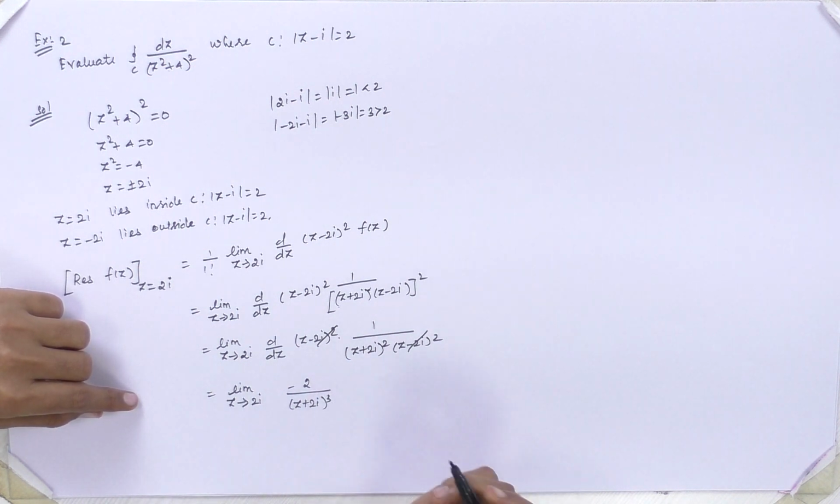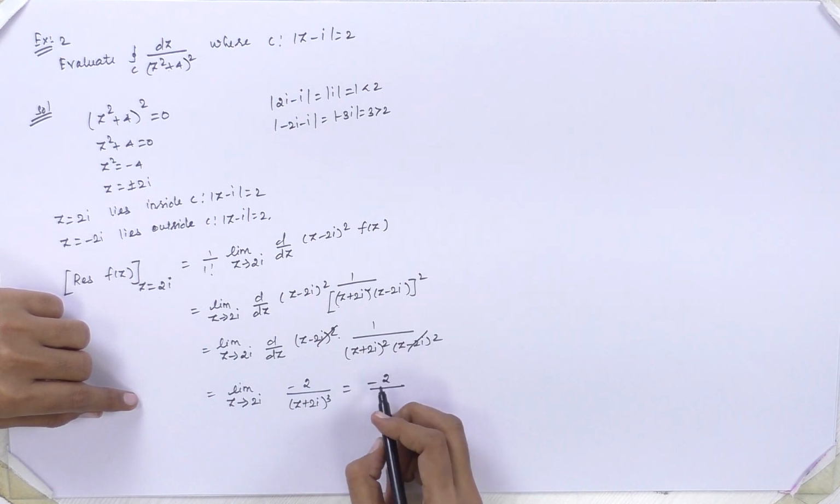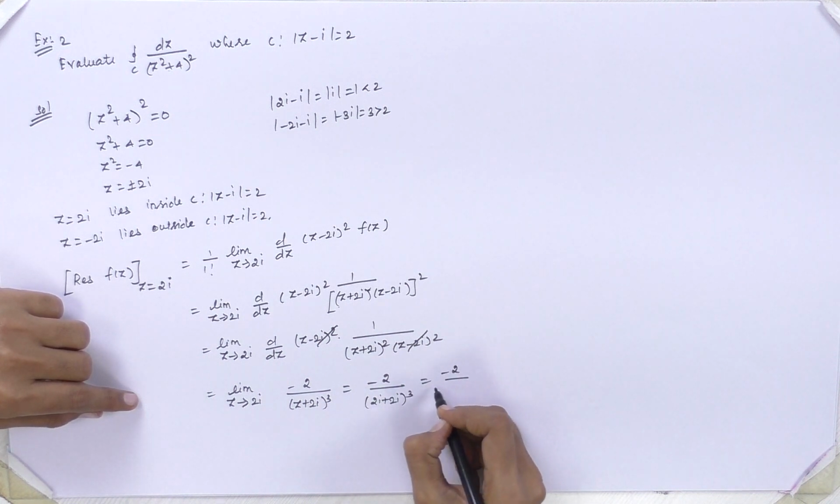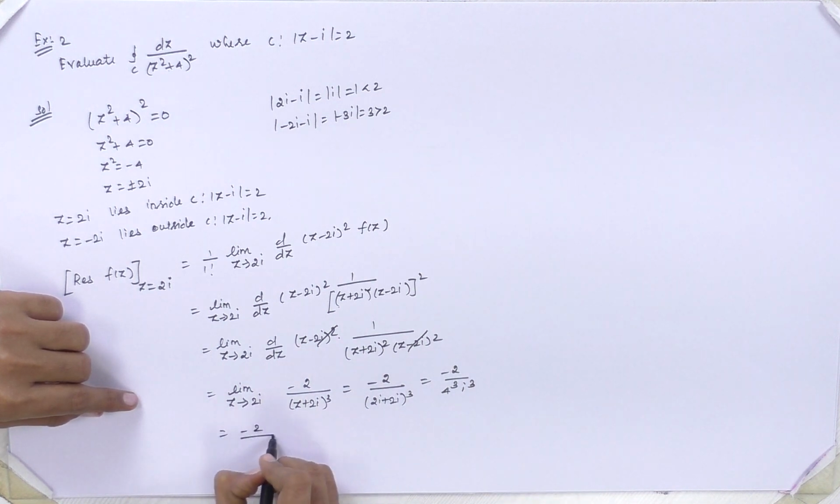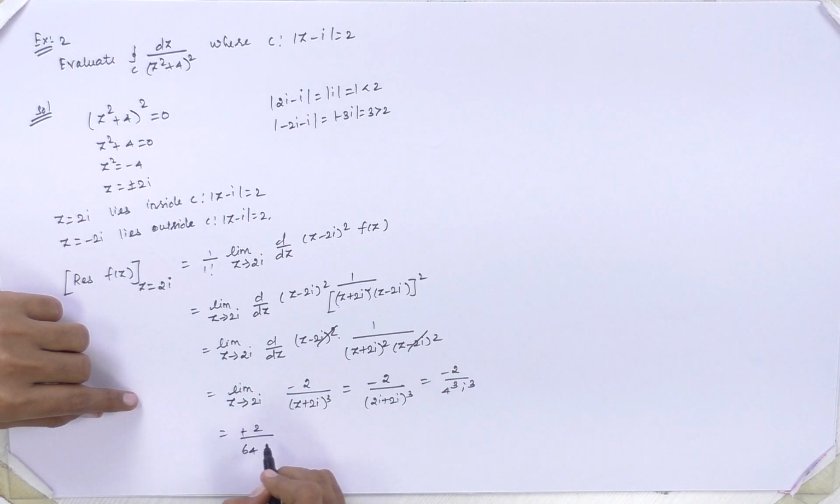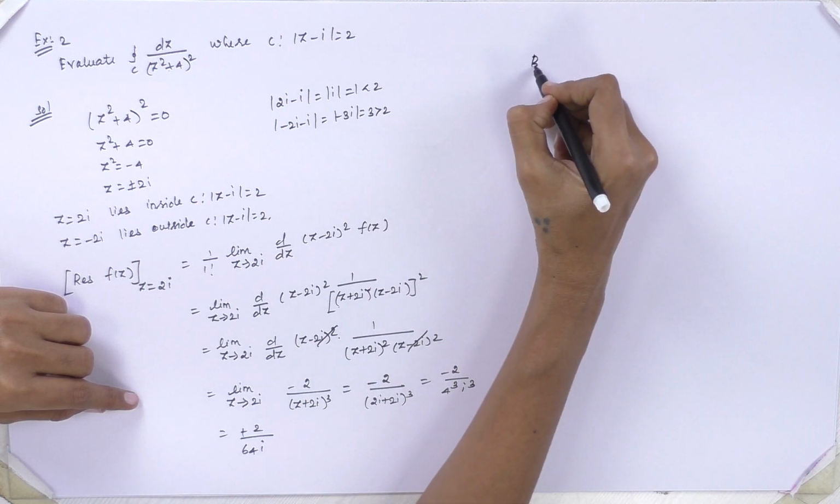the whole cube. Now, when we take the limit, minus 2 divided by (2i plus 2i is 4i) the whole cube, minus 2 divided by (4i) the whole cube, that is 4 cube into I cube, equal to minus 2 divided by 64 I cube. I cube is minus 1, so minus into minus is plus, 1 divided by 64i. So by